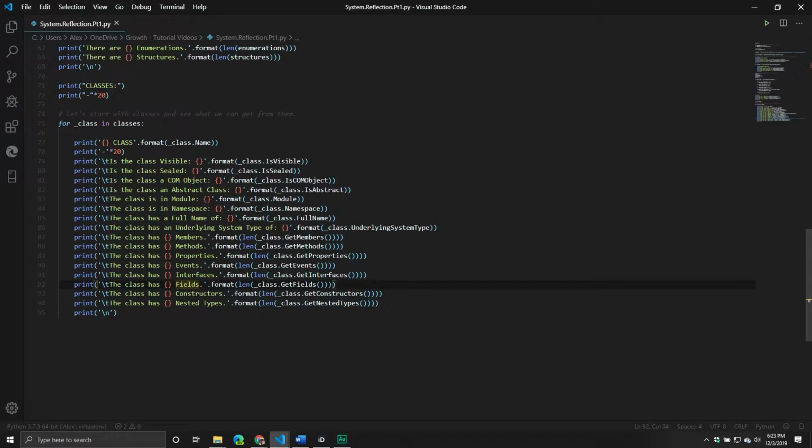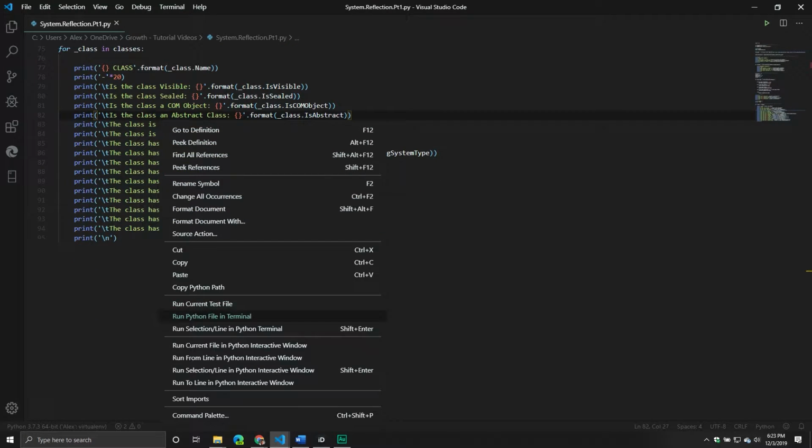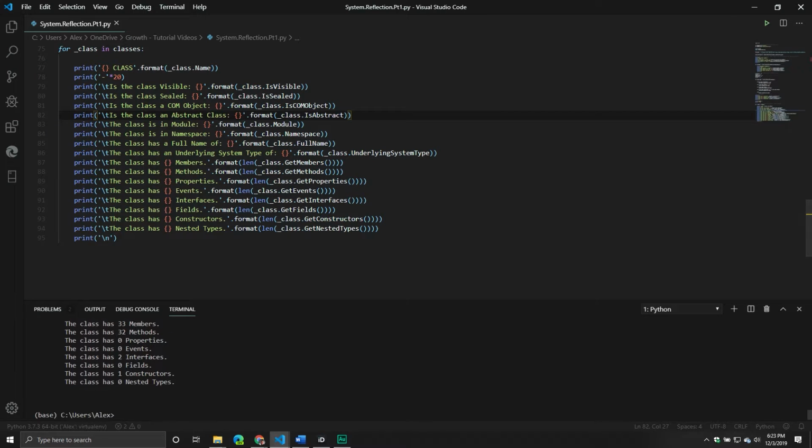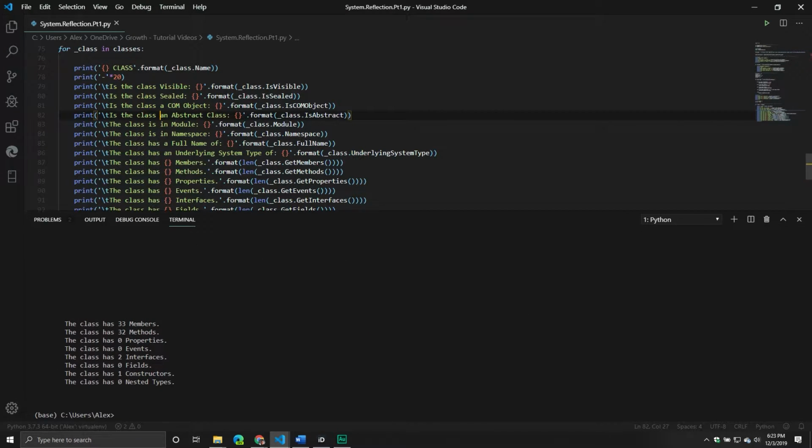So again, really it's just a type. You're going to get some information on that type, and then you're going to summarize the information about it. So really cool information. I actually spent a lot of time on this just because there's just so much to it, and it's really interesting to see what exists in everything and how this entire interop library was structured. But you can see,